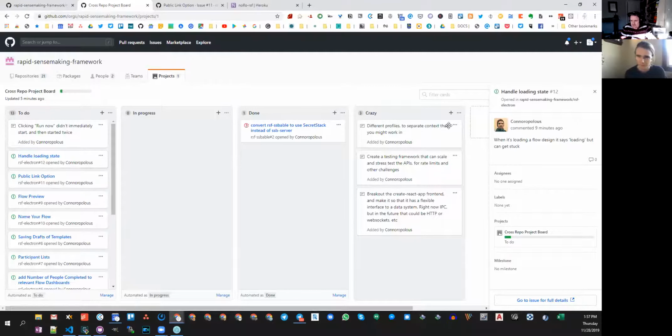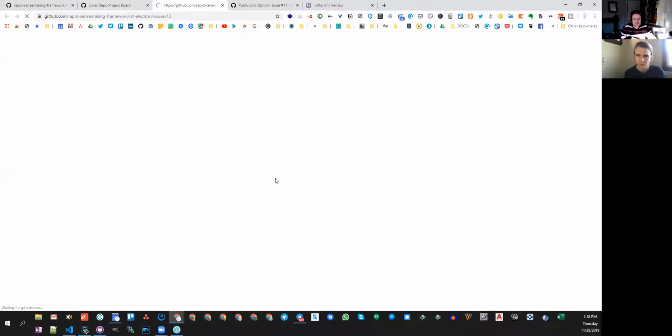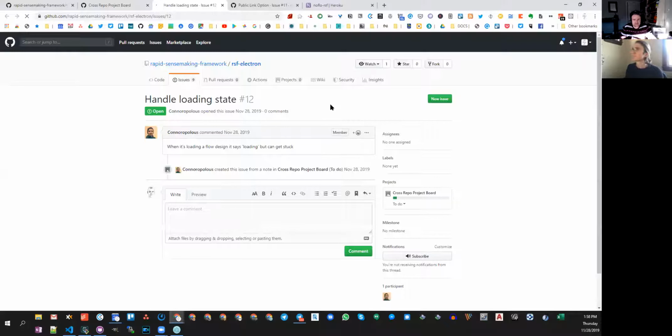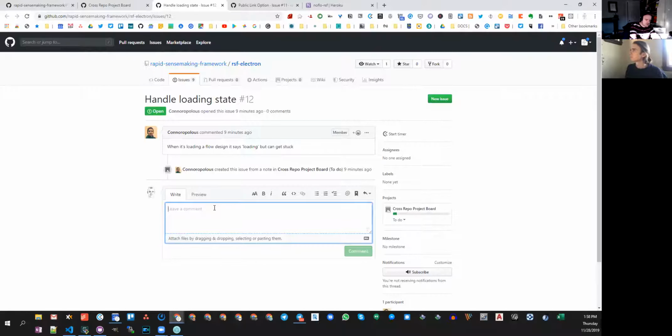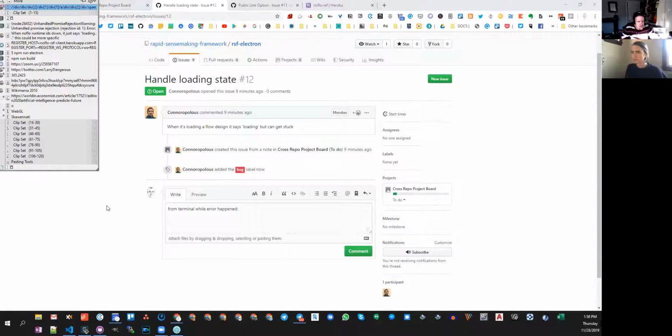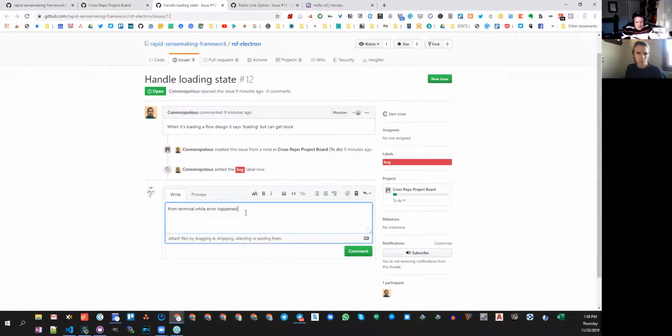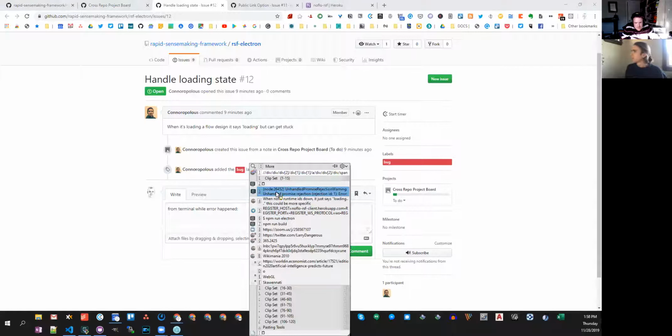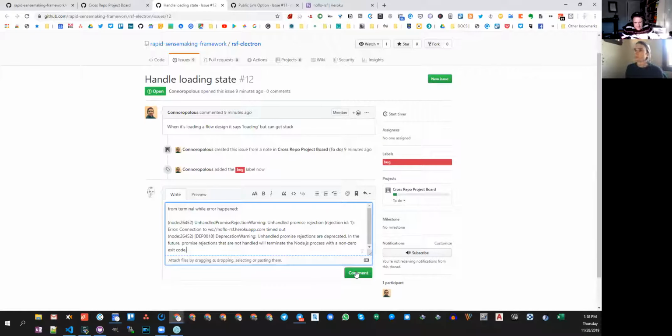Am I able to put comments in from this pop out, or do I need to go to the full issue? You need to go to the full issue. I guess we would classify this as a bug. There it is. Okay.